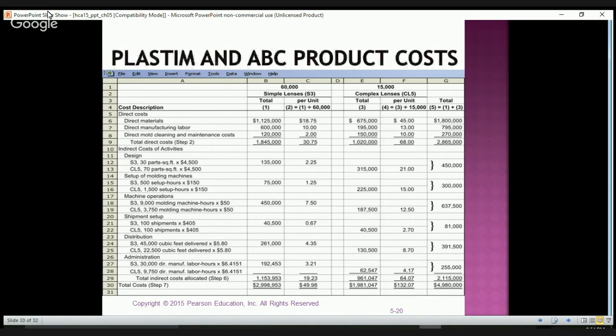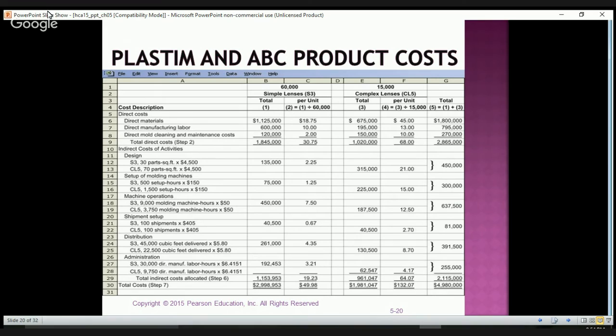By taking the direct cost, of course, that's the same as before. But then the indirect cost is going to be broken down by the S3 and CL5, and then by design, the setup molding, the machine operations, and so forth. So as you can see, we drove the cost down to $49.98 per unit compared to the CL5 unit, which is